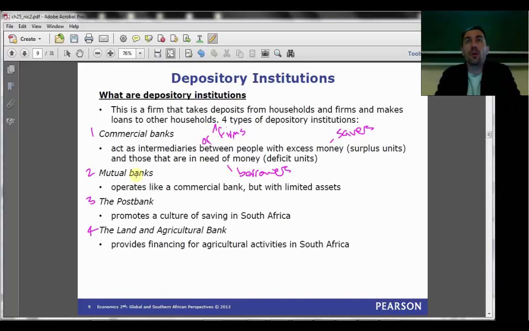As for mutual banks, I'm actually not sure if we have that many, and I don't know which are mutual banks, again because it's basically a technical definition about ownership. I know that Old Mutual, for example, has a bank. And Old Mutual as a company is a mutual company, or was a mutual company. I don't know if it's still a mutual company, in which case Old Mutual Bank might well be a mutual bank.